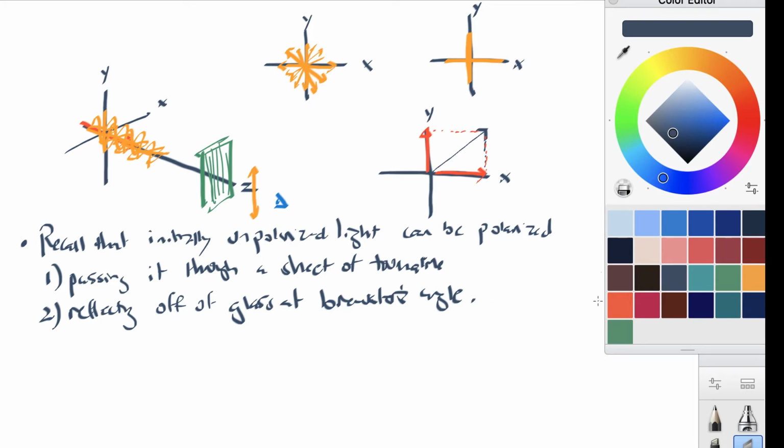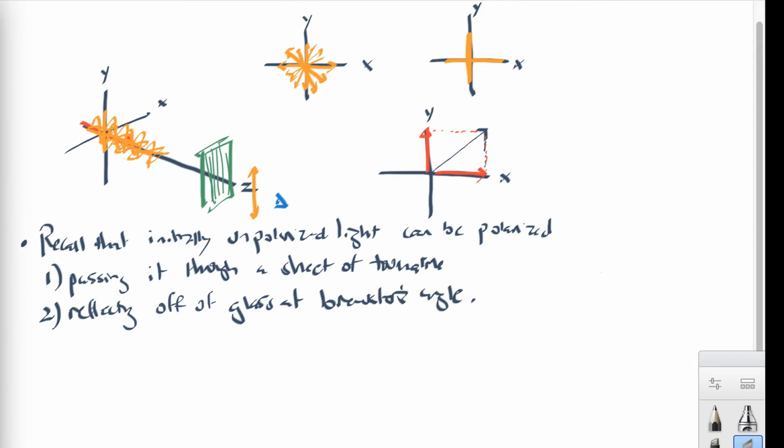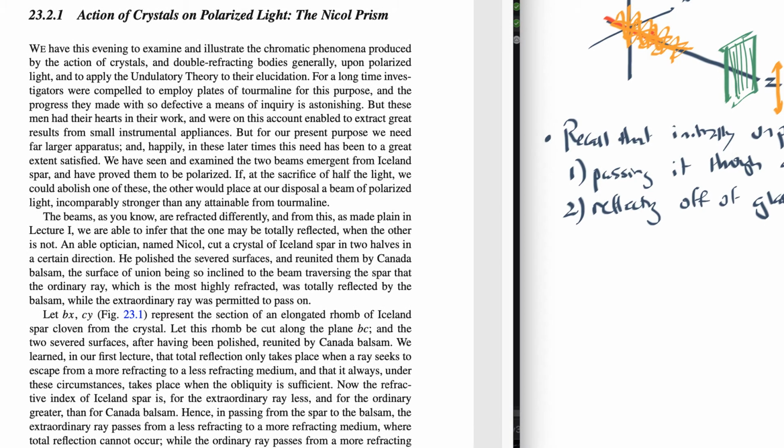And this gives rise to completely polarized light as well. So those are the two ways that he talked about of achieving polarized light. Now, at the beginning of chapter 23, Tyndall is going to talk about another ingenious method of polarizing light, and